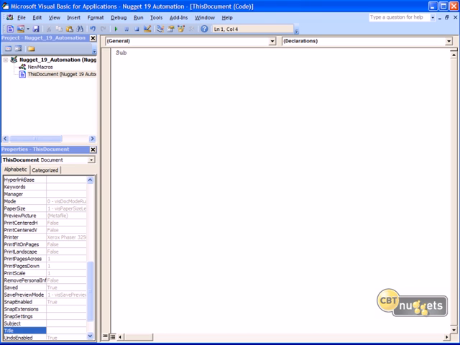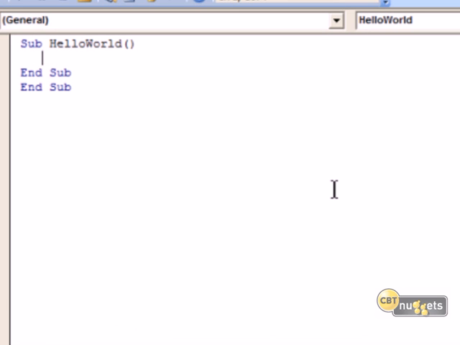We specify sub, and I'm going to call this hello world. If this function does not take any input parameters, we can just do open paren, close paren like I've done. Now when you press enter, you see that Microsoft has given us helpfully the end sub. Every subroutine declaration has to have an end sub to close it up. Now sometimes I get a little overly enthusiastic and I think I have to do it myself. So I'm going to leave that to show you what a bug looks like. And then the actual code, I'm going to indent just to denote where the code is.